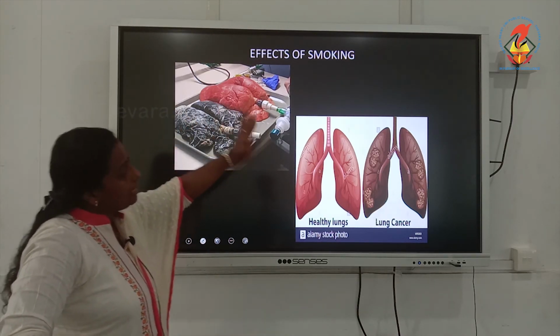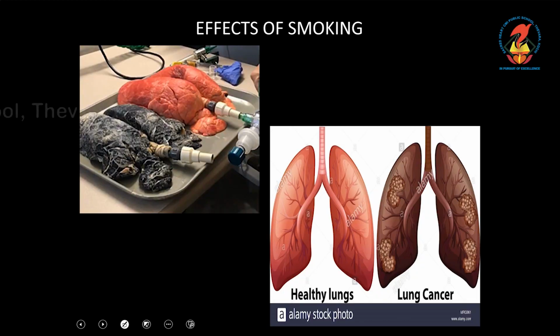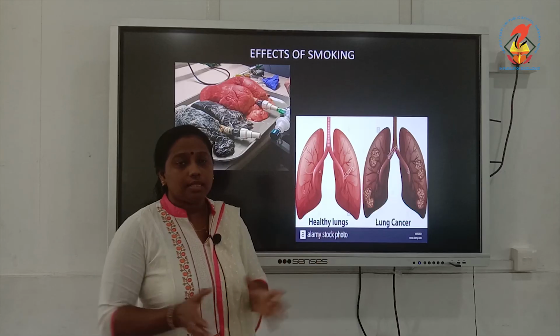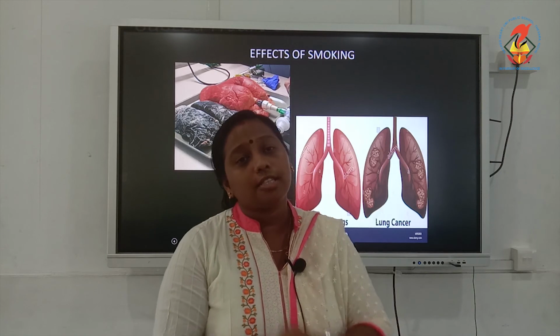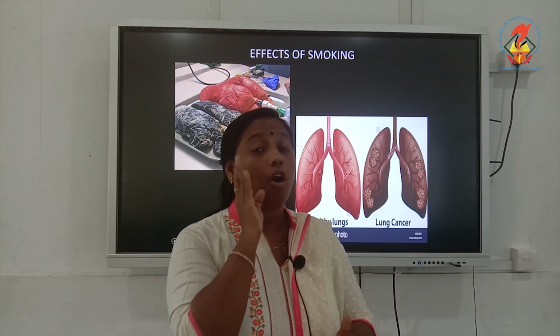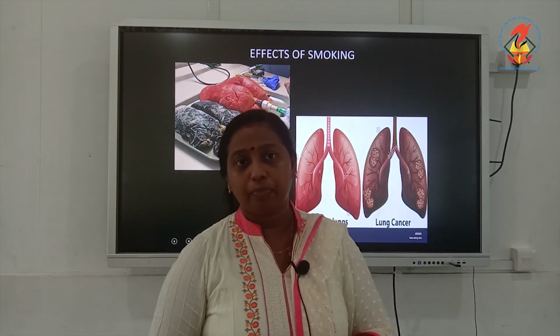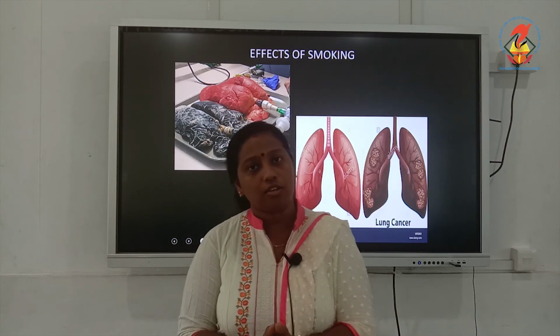The next effect of smoking is lung cancer. Just observe these two diagrams. This is the lung of a healthy person, this is of a cancer patient. Lung cancer. You can see so many cells. The cells are growing in an uncontrolled way inside the lungs. Here and there, you can see lumps of cells growing. You call this lung cancer. So, these are the major effects of smoking on our respiratory system. Other than this, there are so many other effects also.